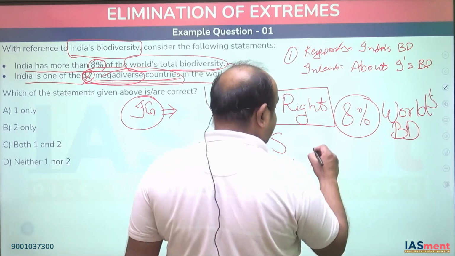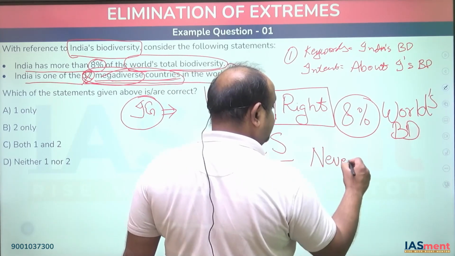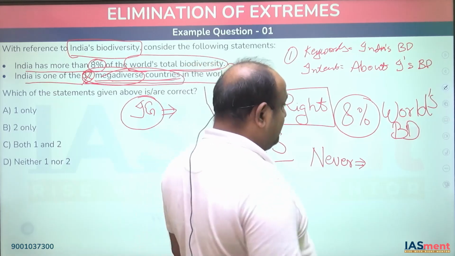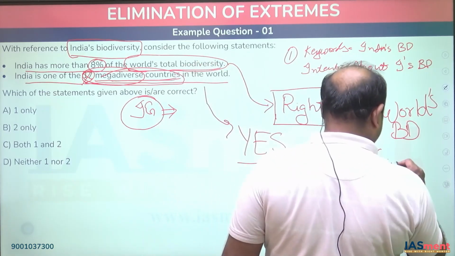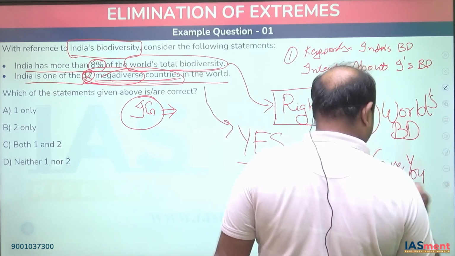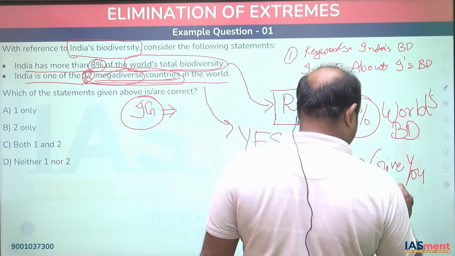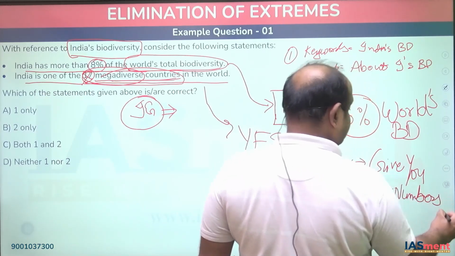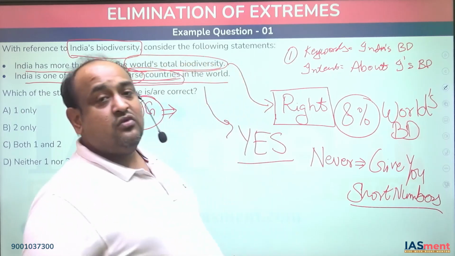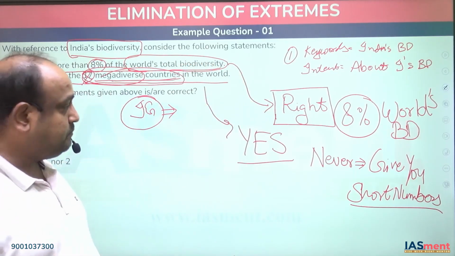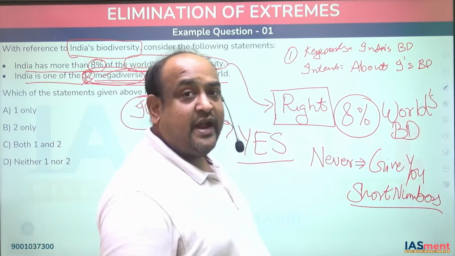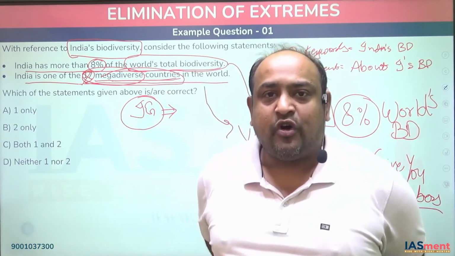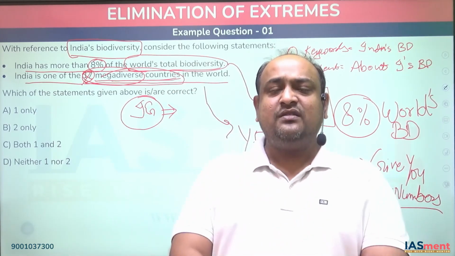UPSC never gives you short margins when they have to play with data. Whenever UPSC tries to play with data, UPSC will never give you very short margins of wrong option. Means,